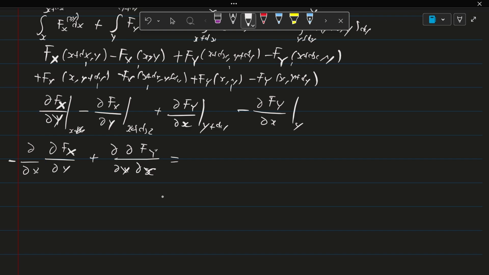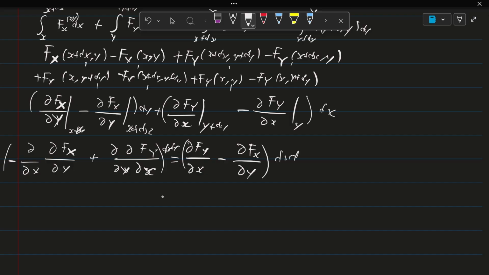So what we could end up writing here is that if we swap this out, the partial fy over the partial y is just the fy, but small y, because it's now not the integral anymore. So it's the partial fy over partial x, subtract this by the one on the other side, which is the partial fx over partial y. Oh, sorry, there should be multiplying everything by dy and multiply everything by dx. My bad. And then because of this, everything is multiplied by dx dy. You could just do it yourself. So it's this thing multiplied by dx dy, and this is for a very small